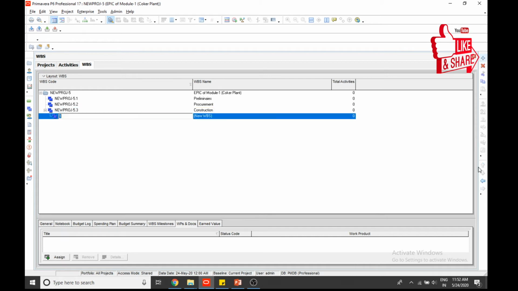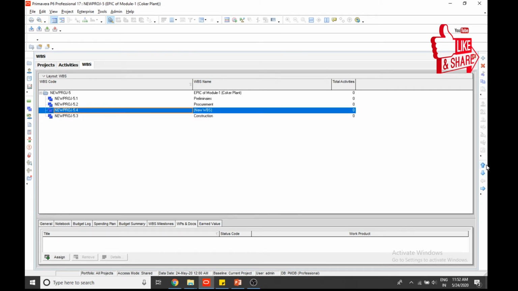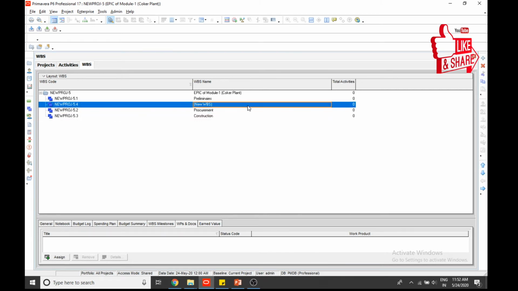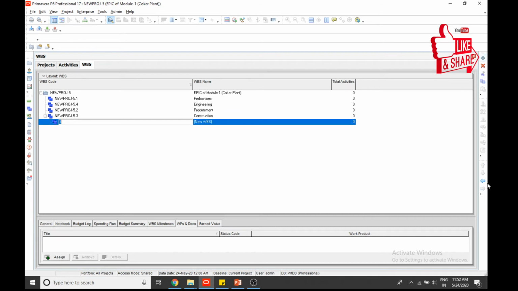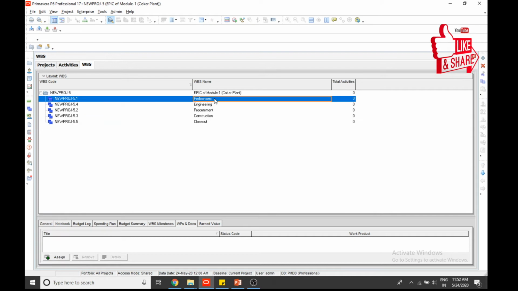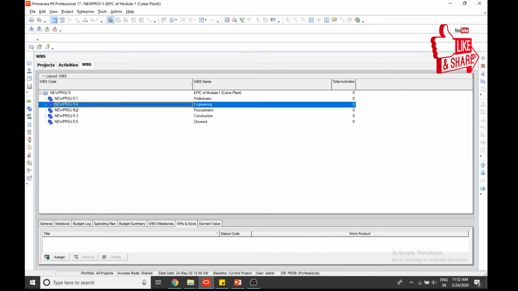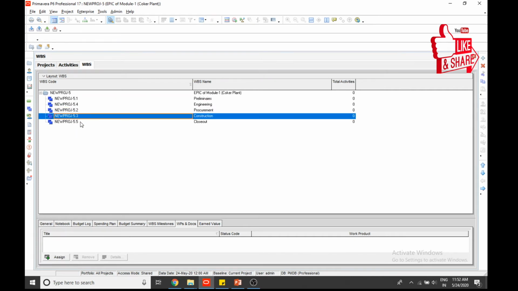We'll create another one before that, that is engineering. Then we will add another one, it is close out. So in preliminary, now these 4 WBS are already made.